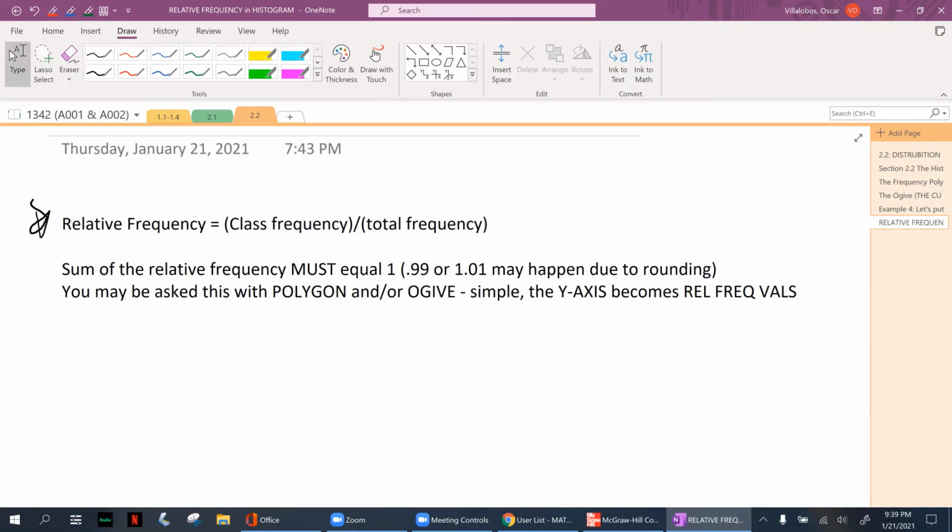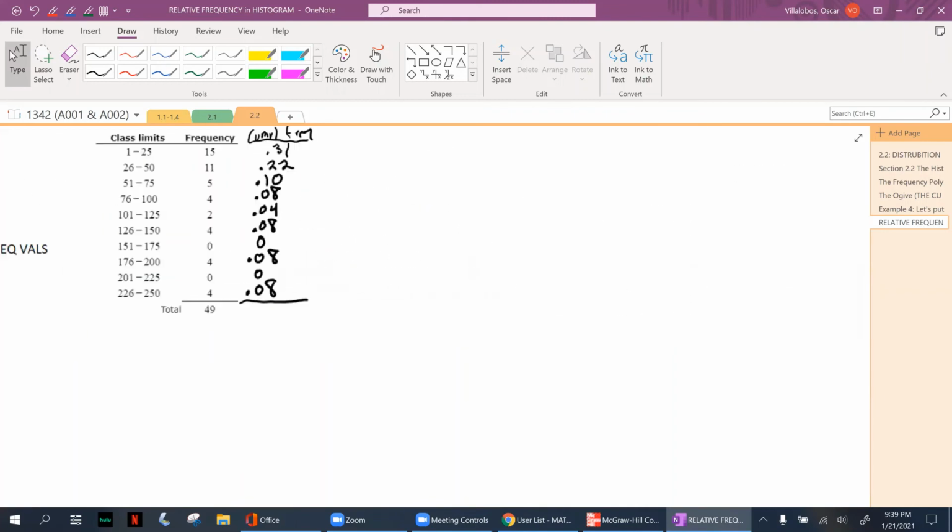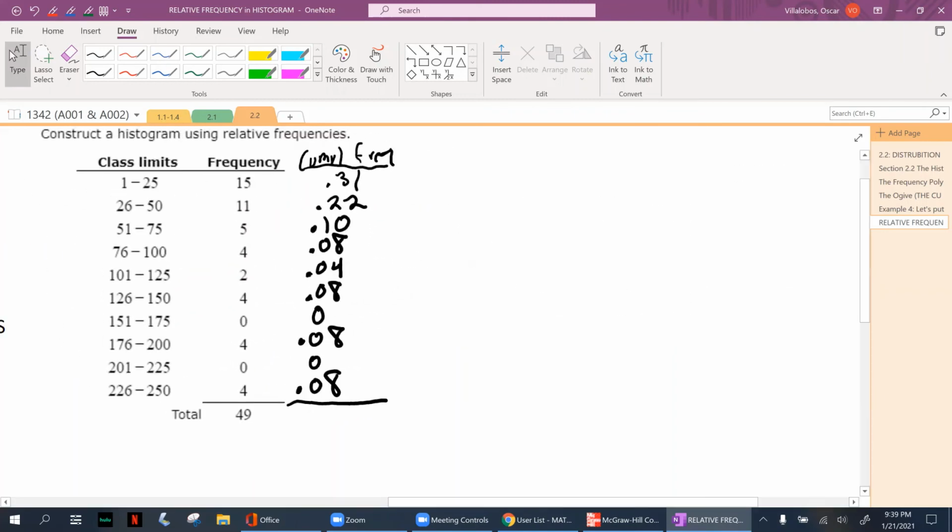So if you get something like 0.99 or 1.01, that's okay, right? It may happen because of rounding. So let's go ahead and add those all up. I got 0.31 plus 0.22 plus